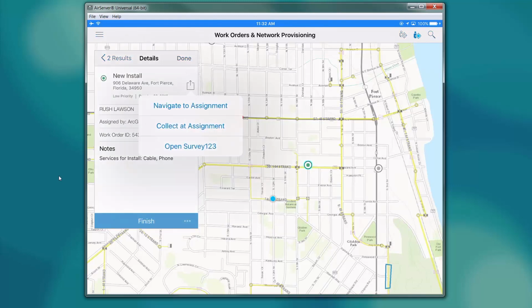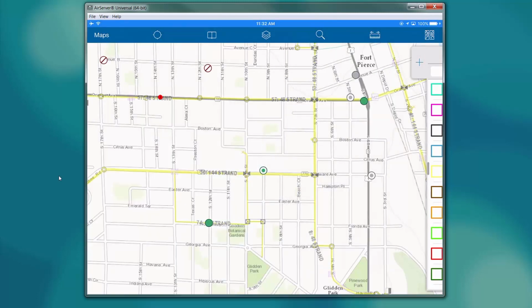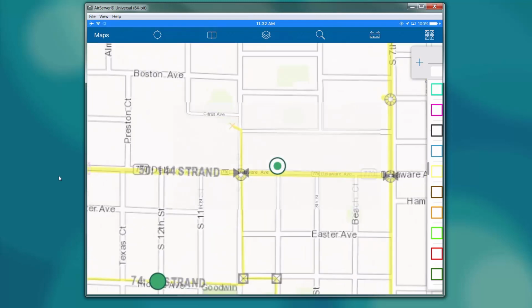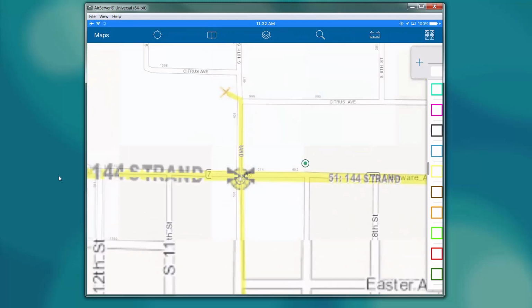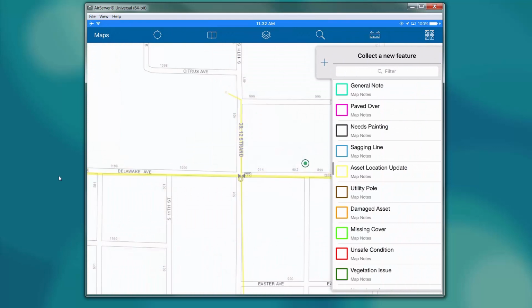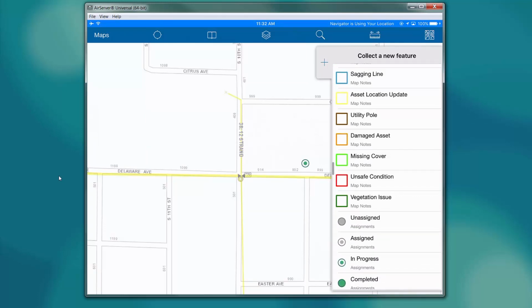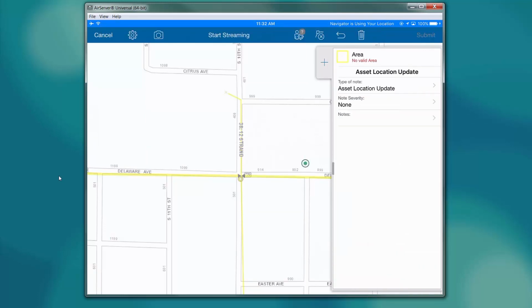While on site for this install, I noticed that there are some issues with our current outside plant location on the map. So I'm going to go ahead and collect at this location and create a map note to let our engineers back in the office know that a location of an asset is in the wrong location on the map. So I'm going to choose Asset Location Update,